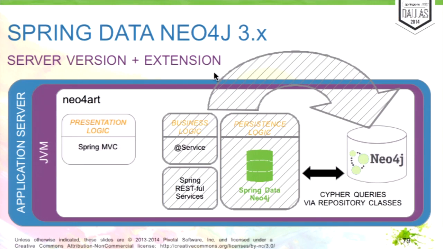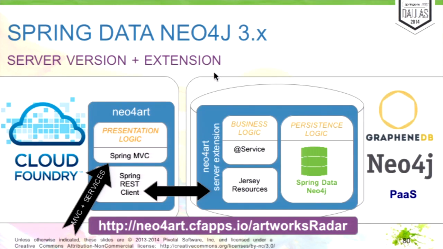So we have the code running in Neo4j server talking to the database without a network in between, so it's really fast. And we expose only the information that we want to expose. So it's a kind of focused way of providing high-performance queries and only transporting over the wire the information that we really need, and not kind of taking the whole database over the wire just to get data out of that. And that's why in the second example, Lorenzo chose to move the Spring Data Neo4j persistence layer into a Neo4j server extension, also to be able to host it in the cloud.